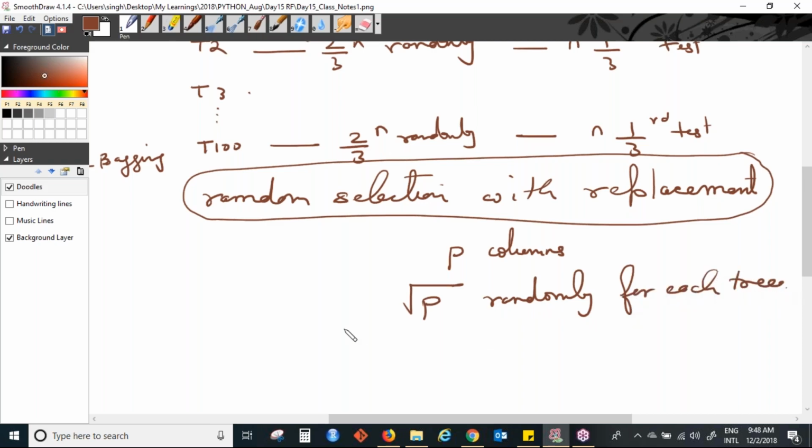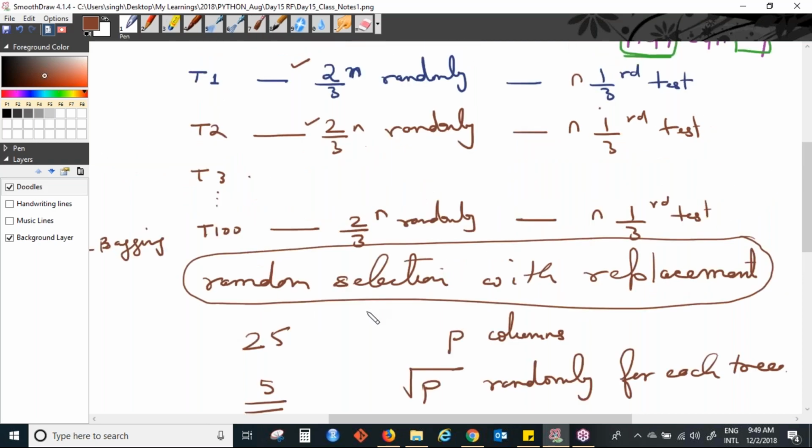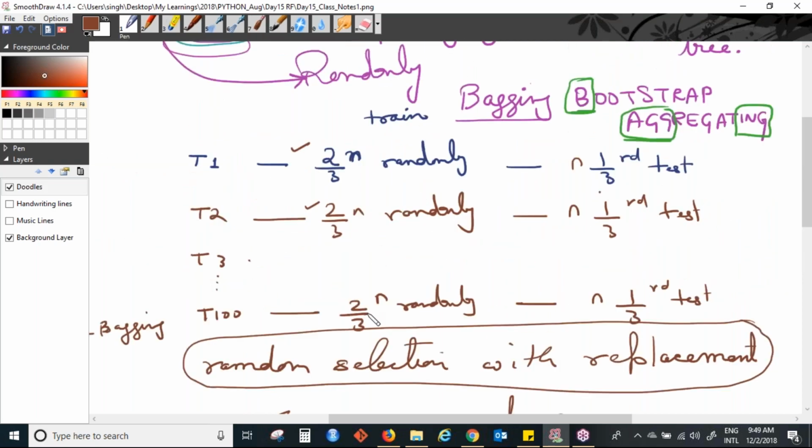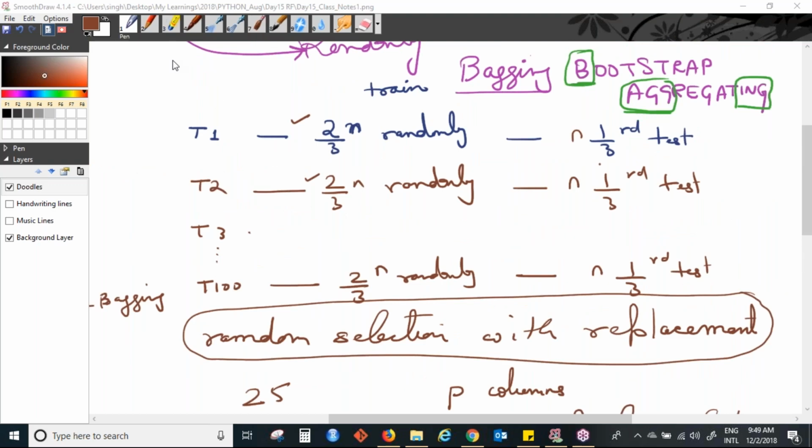If you have 25 columns, you will take 5 columns randomly, any 5. That means the first tree will take root p columns randomly, then the second tree will also take root p columns randomly.